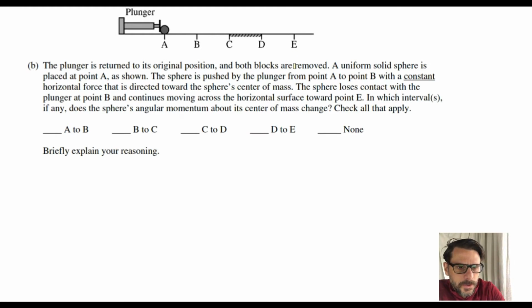Oh, this is a crucial piece of information: directed towards the sphere's center of mass. Okay, the sphere loses contact with the plunger at point B, same as before, and continues moving along the horizontal